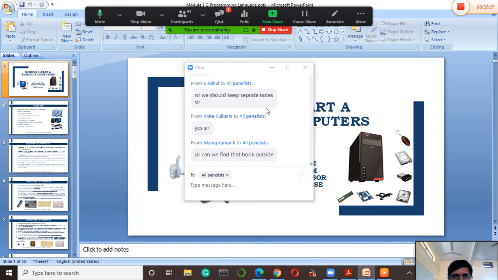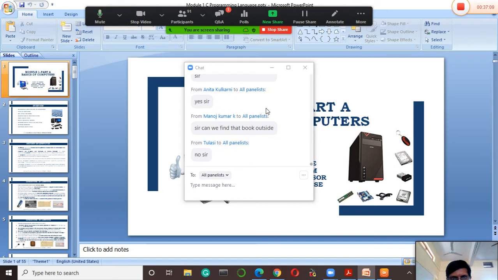Yes, you have to keep one particular notebook, a 200 pages notebook. Whatever I am going to teach you and share with you, either through the board or through slides, you have to note down each and every point of it. You have to submit those notes to me whenever you come to the college. Whenever you come to the college for some other work, carry that book with you, come to me, show that book and take the signatures from my end, and you can leave.